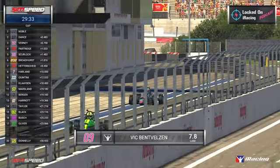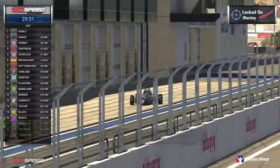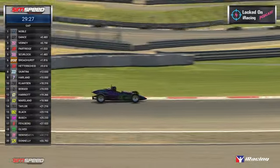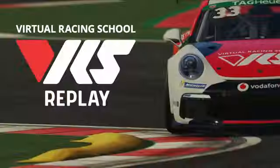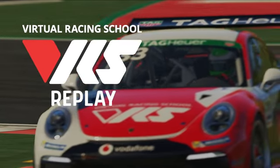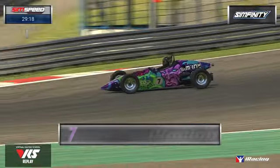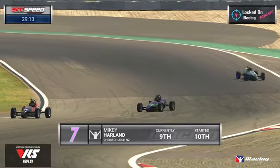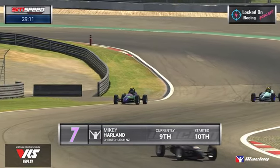Ben Zvelt. Can you pronounce that one for me? Thank you, sorry, I always trip over that one. And Max Donnelly behind them as well, so quite a few early pitters. A lot earlier than we were expecting. We were expecting end of lap 9, and they're pitting at the beginning of lap 9, so maybe they've just consolidated that two-stop strategy. I'm not super surprised as we watch a replay here of Mikey Harland,